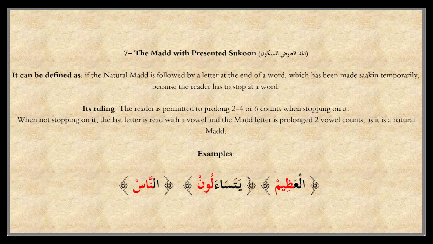The seventh med is the presented sukun, med with presented sukun. Basically, it's a natural med followed by a letter at the end of the word, which has been made sakin temporarily, because the reader has to stop at the word. Its ruling, the reader is permitted to prolong 2, 4, or 6 counts, harakat, when stopping on it. When not stopping on it, the last letter is read with vowel and the med letter is prolonged 2 counts as a natural med. For example,